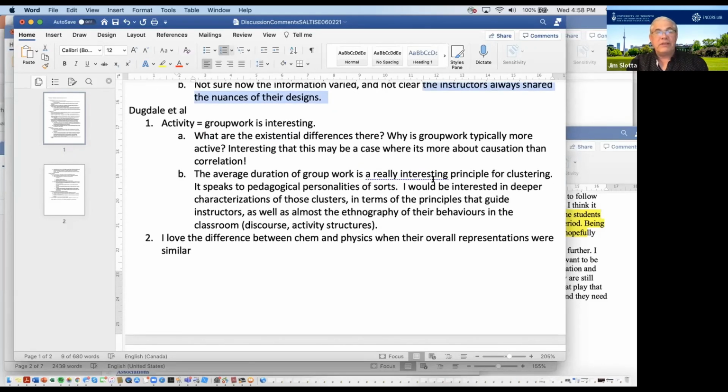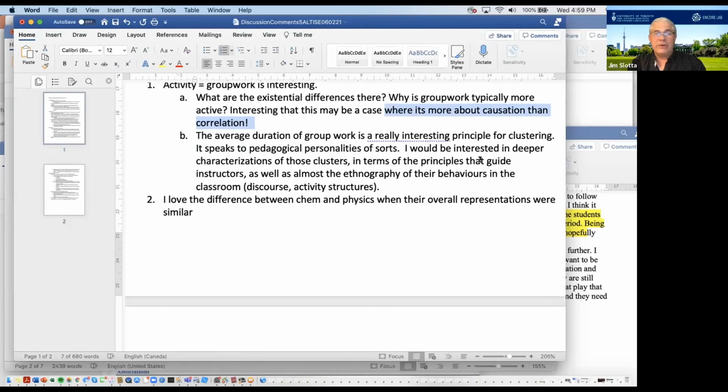Michael's paper, I really think this is interesting. And the fact that activity equals group work makes you wonder, right? Why is it that group work is biased toward an activity in active learning design? Why is it typically more active? And it seems intuitive to the instructors as well, right? So I was thinking this is probably the rare case where causation is actually very clear here. They chose the group work because it would manifest active learning. You kind of can't have it almost without it. So that was really cool.